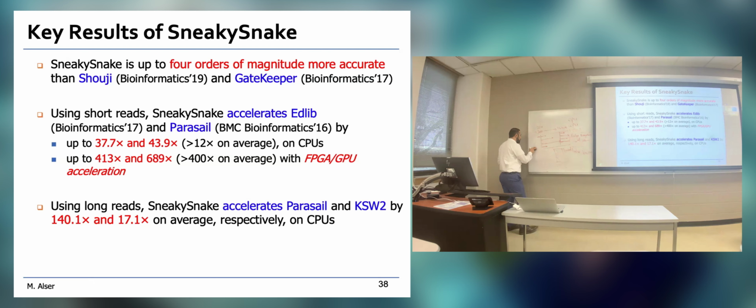Okay, do you know the difference between sequence aligner and edit distance? What is the difference between edit distance and sequence alignment? We already discussed it in one of the lectures. It's related to